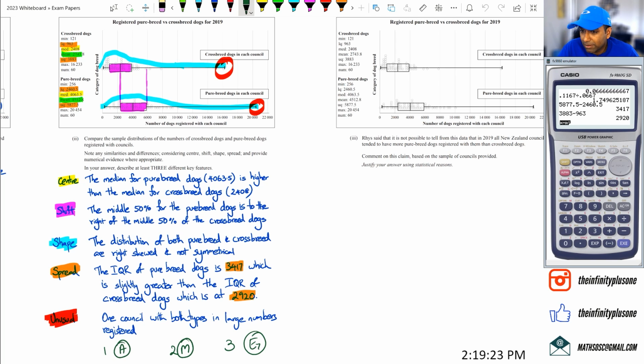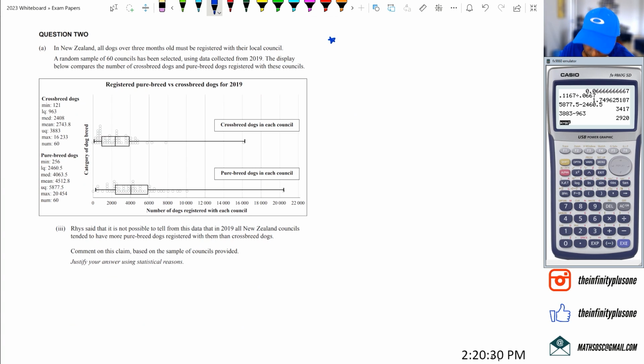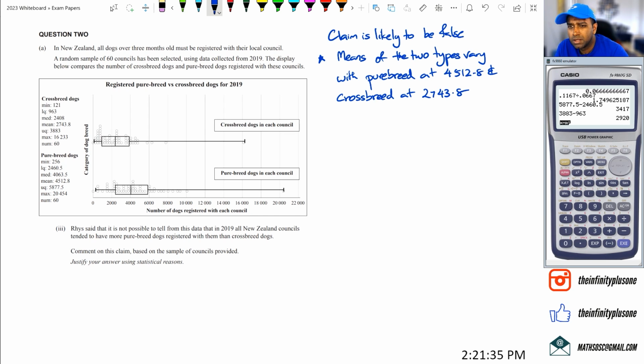So yeah, anyway, we'll go to part 3 of this question. I'm thinking this claim is actually false because there's quite a few points that I want to talk about. So let's actually write the points down and I'll talk you guys through. I guess the first thing we can talk about is the means of the 2 types vary, but purebred having